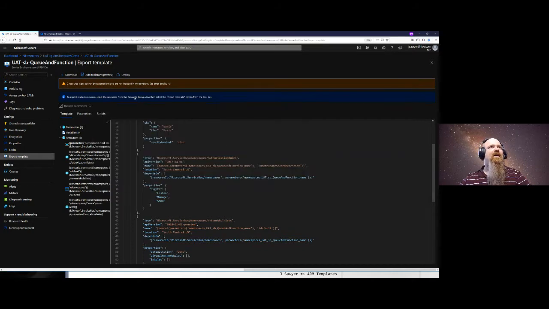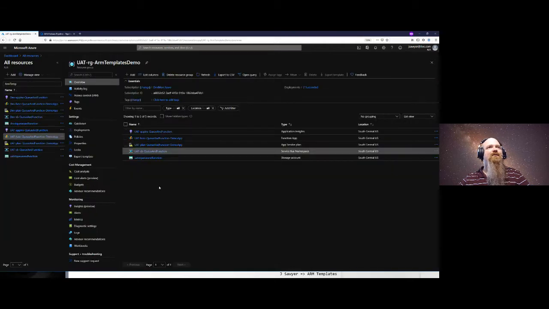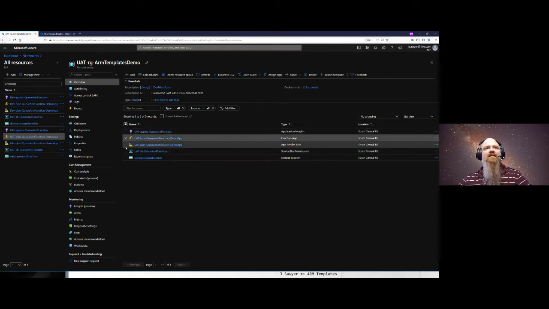Now, if I come back to my resource group, I can just come here and select. Let's say I want to select this and this and this, and then export template, and it will export the template for those selected resources. Okay,